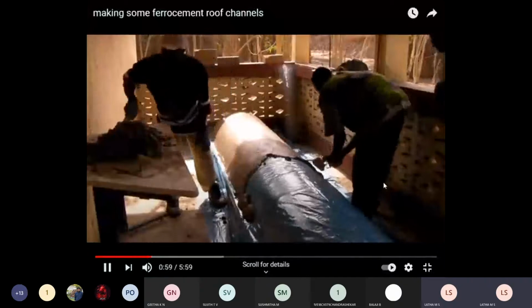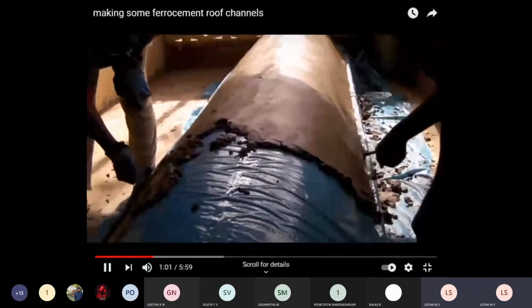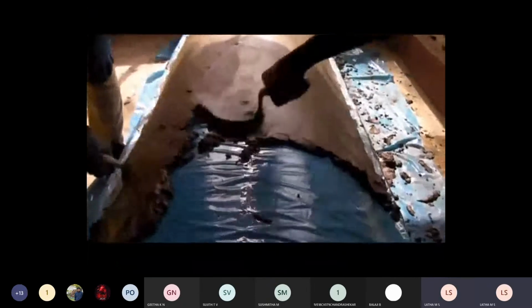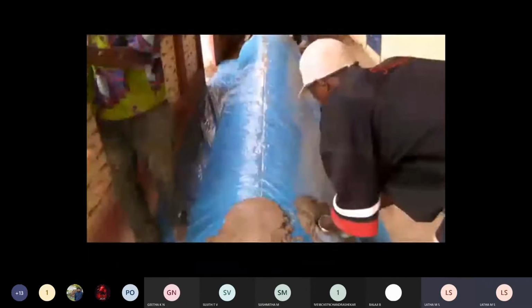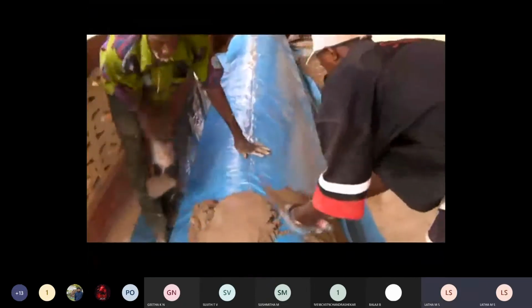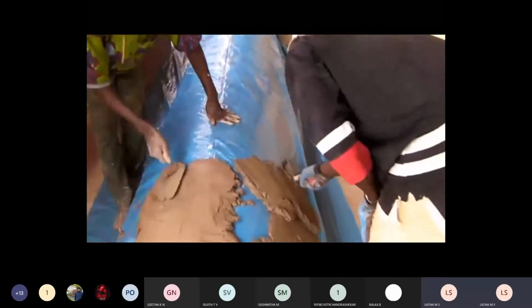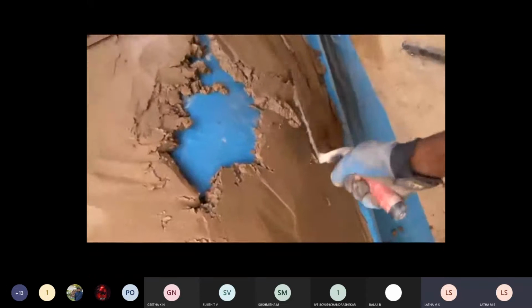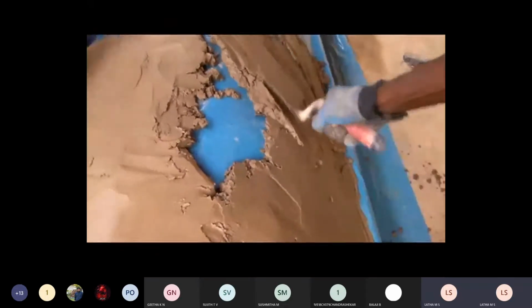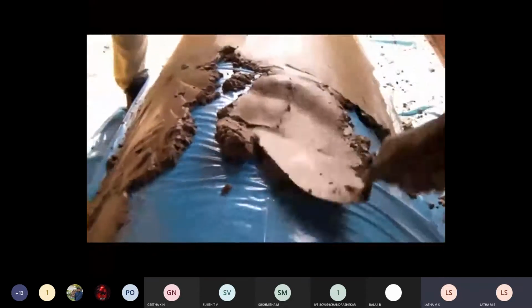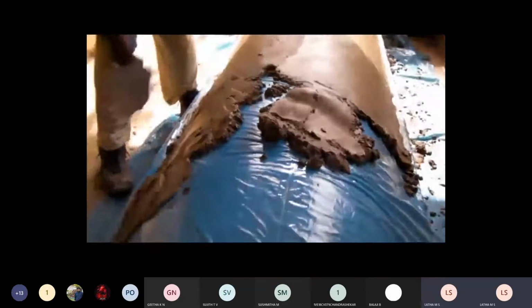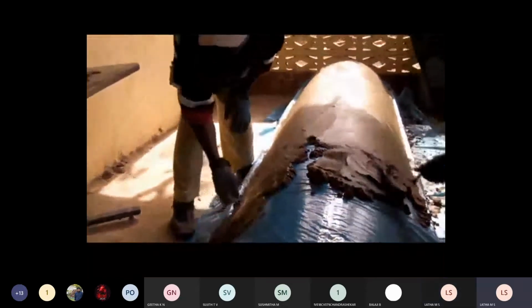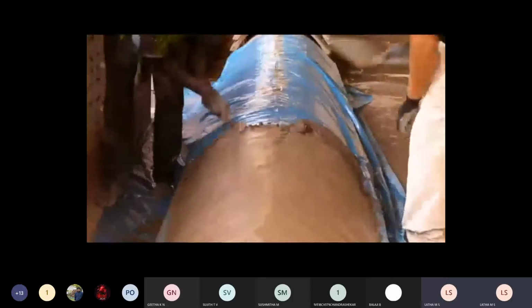And now after the meshing being provided, after the formwork being placed on the polythene sheet, they are providing the plaster or the mix, whatever you saw. A cement, soil and a fine coarse aggregate mix is being taken and dragged into a layer on the formwork, on the channel. It's a semicircular channel, like you find in a culvert.